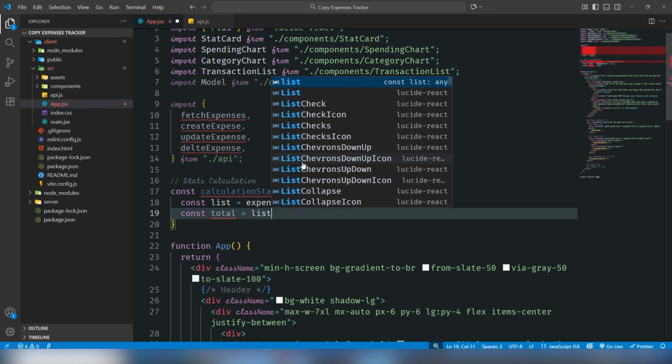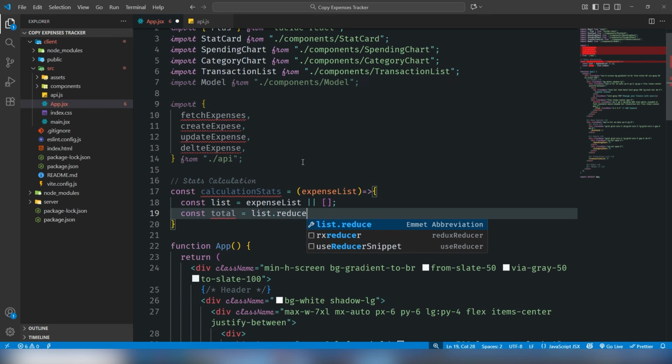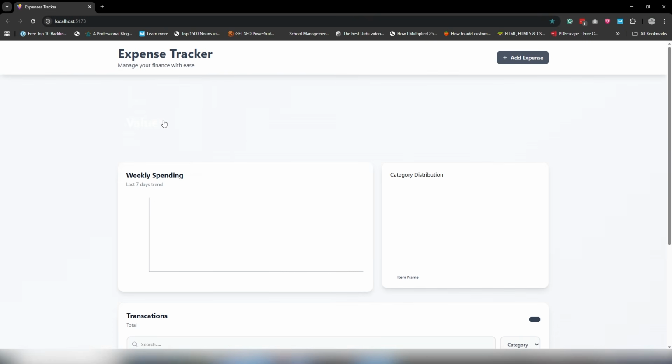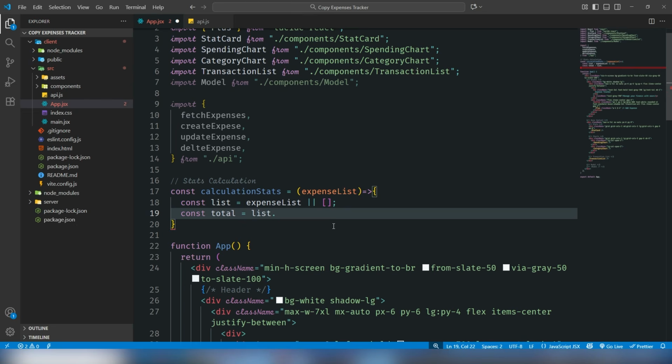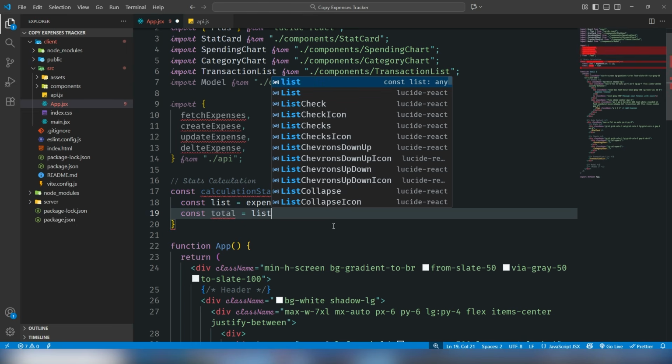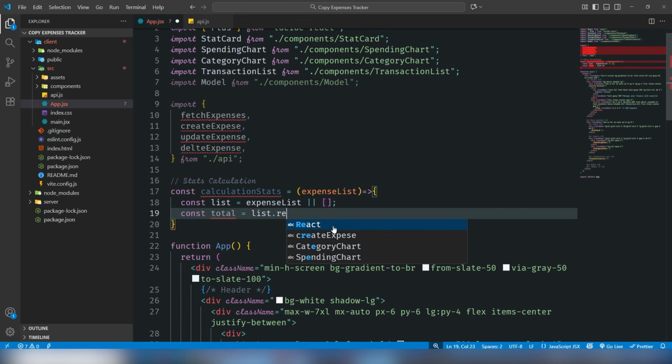So I would say list.reduce. I do not use any state or any function inside there. I just use the calculation of the states, meaning display the data inside our cards. Like this is the first one, second, third, and yeah, we're gonna use this one logic to get the data. Calculate the data. So I would say list.reduce